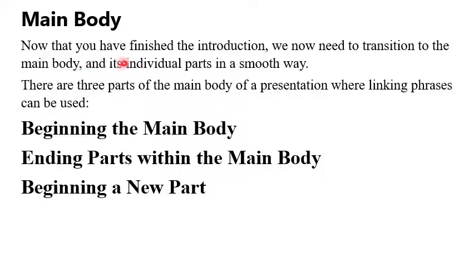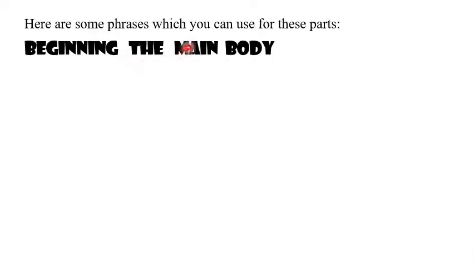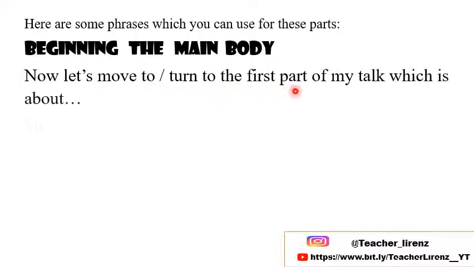Main body. Now that you have finished the introduction, we now need to transition to the main body and its individual parts in a smooth way. There are three parts of the main body of a presentation where linking phrases can be used. Beginning the main body, ending parts within the main body, and beginning a new part. Here are some phrases which you can use for these parts. Beginning the main body. Now let's move to or turn to the first part of my talk, which is about. So first, to begin with,